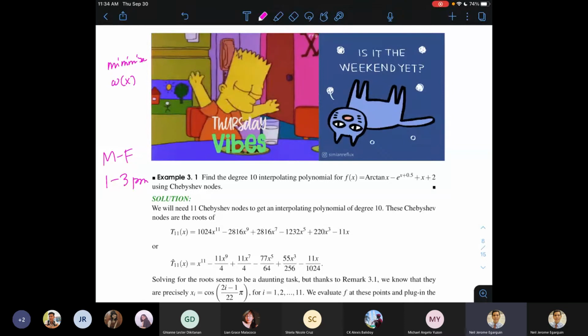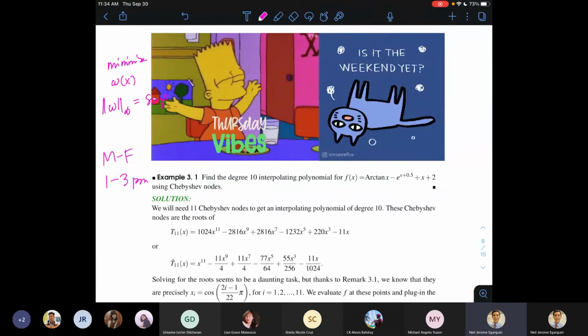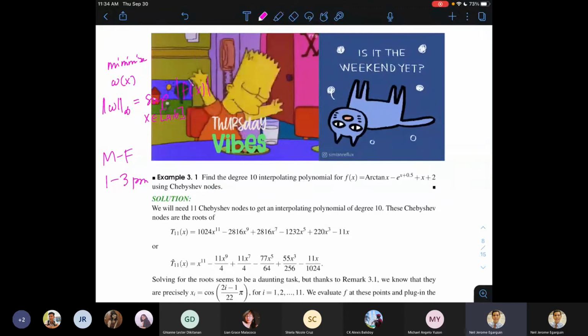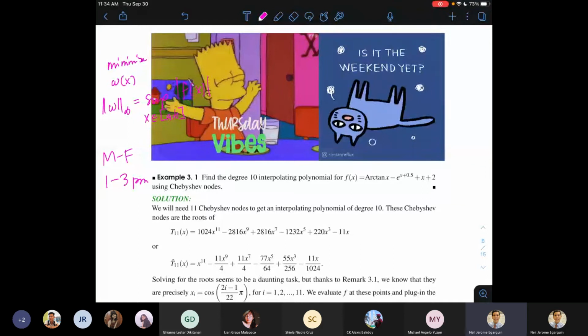And we have two types of norm, at least, that we consider in Math 174. The first one is the supremum or the L infinity norm, which is basically just the supremum of the absolute value of f of x over the interval AB or the interpolatory interval AB. And then we have proven last time that in order to get the minimal L infinity norm, we want omega to be a Chebyshev polynomial. Kasi yung Chebyshev polynomials, sila yung nag-attain ng smallest L infinity norm among the monic polynomials of their degree over the interval -1 to 1.